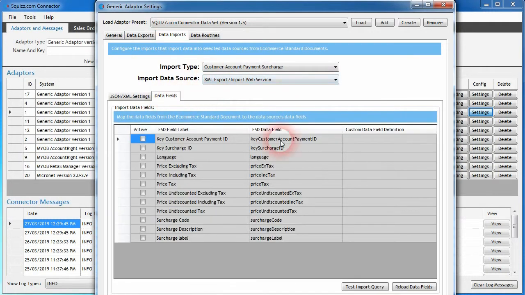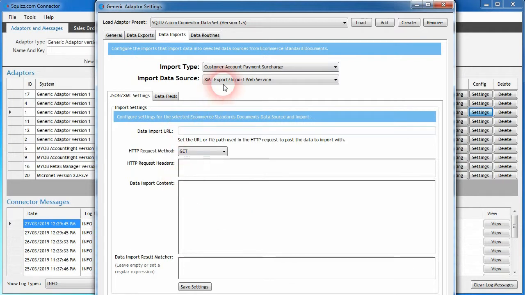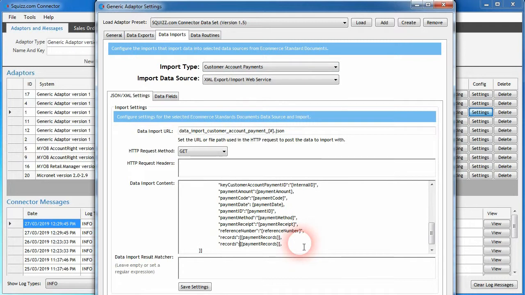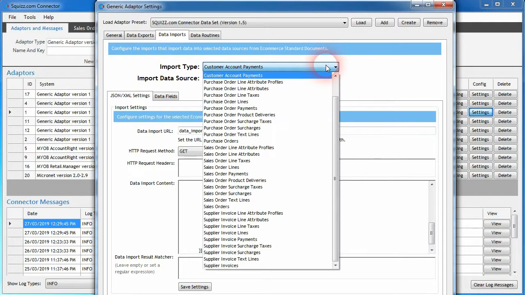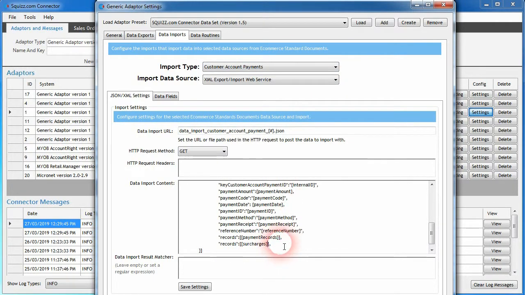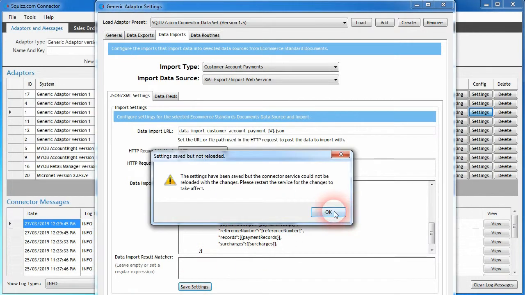And then we can choose the fields that we want to import into our associated web service, such as the pricing of the surcharges. We can then activate those fields, and they will be included in the generated XML data once we've configured the import content here. So within the customer accounts payments export, there is a new hook that we've added called surcharges that will get all the data from the surcharges data import and then put them into this hook here in a formatted list. We would typically change that to match that, click save settings,